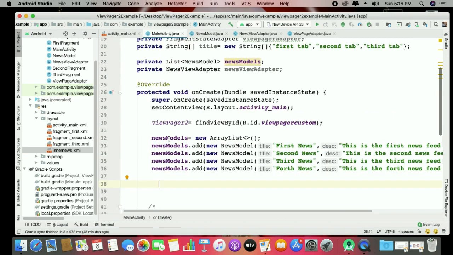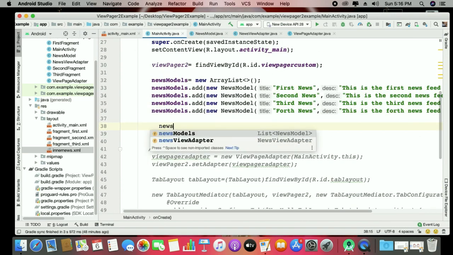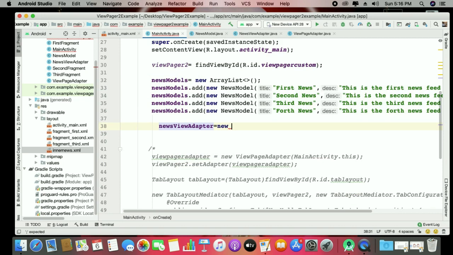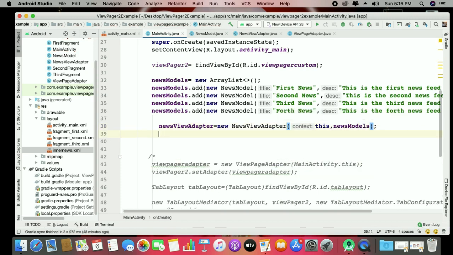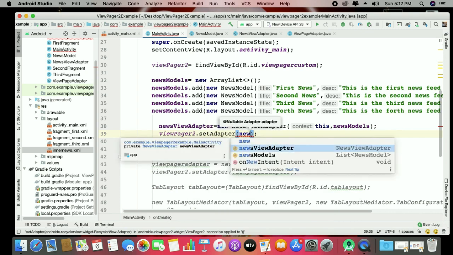And here we have newsViewAdapter equals new NewsViewAdapter, with this comma and your news models, simple. And now we have to use this in your view adapter. So what to do here, the most important thing is that you have to set the layout for the view pager. If you are using that, simply ViewPager2.setAdapter and your newsViewAdapter, that's easy, but